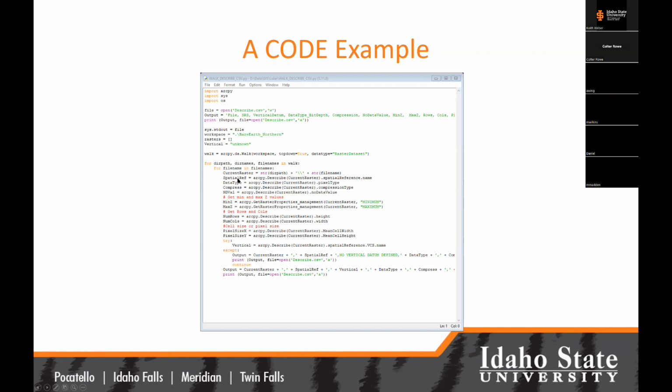What is the spatial reference? What is the data type? Is it compressed? What's the compression type? LZW, LZZ, none. What is the no data value that's being used? Do we have a consistent no data value that's being used? That can sometimes be important to us as well. What's the minimum and maximum Z value of those pixels, right? So this will help me know that it's in the correct